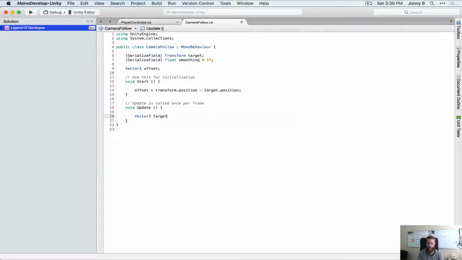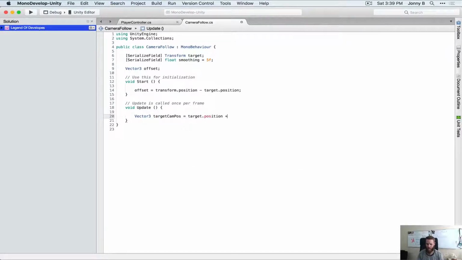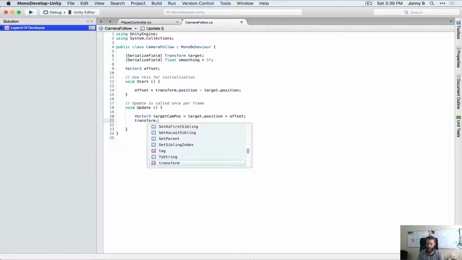And then we have Vector3 and target camera position. Now we're creating a new vector, and this is the position that we want the camera to move to. So we're going to say target dot position plus offset, and then we're going to do the actual movements. We're going to say transform dot position is equal to